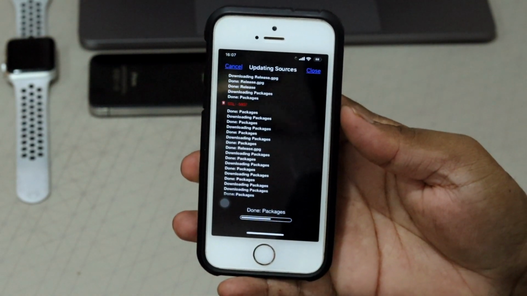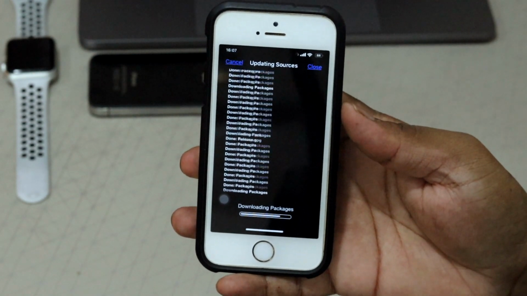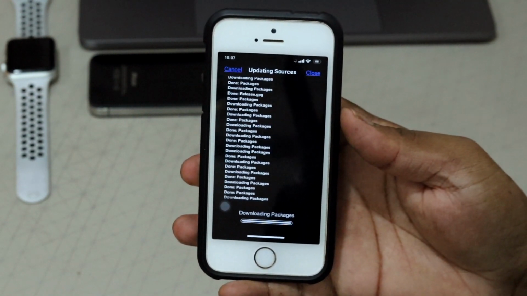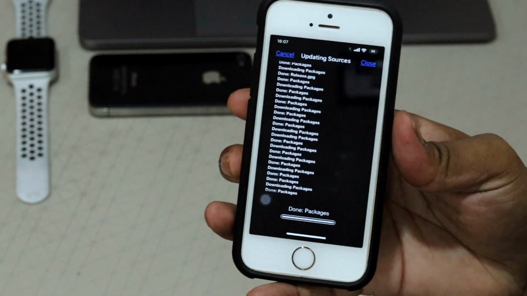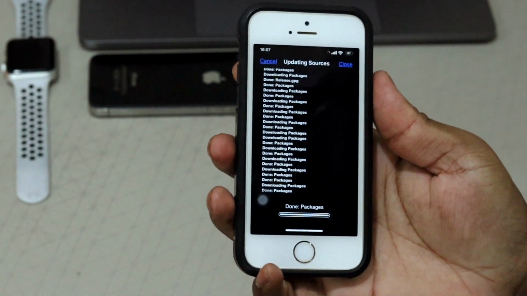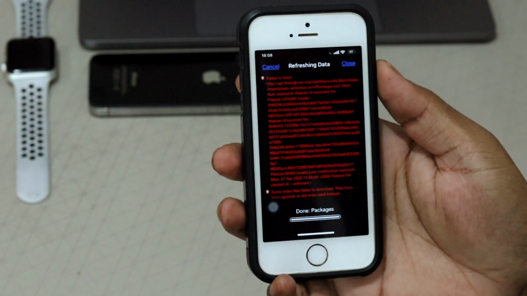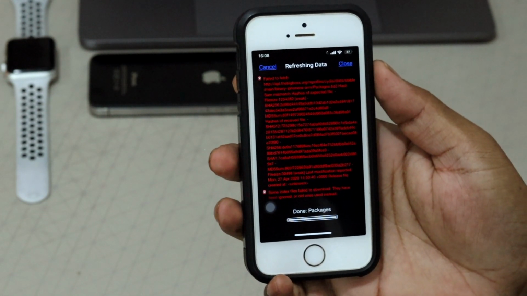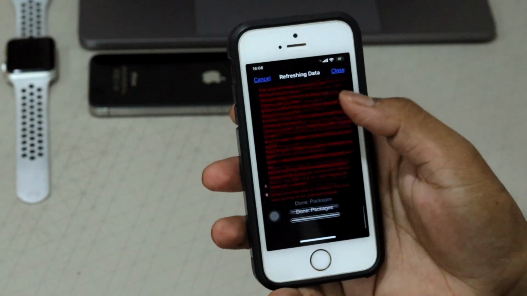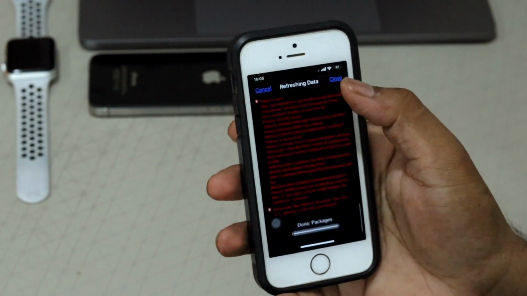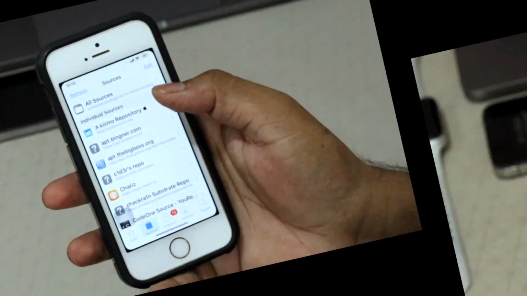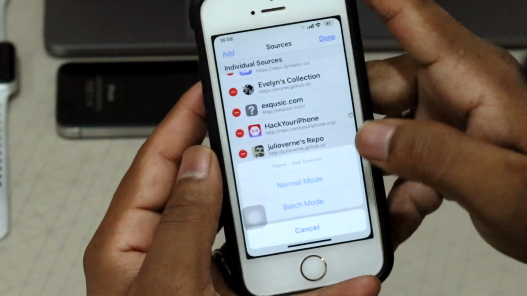You guys might be wondering why I can't just forward this and finish the video faster. A lot of people complained that I'm going very fast, so that's why I decided to go slowly to understand how the process is going. As you can see, the red errors are there, which is normal, because once it has started getting them, you will definitely get that for other tweaks.